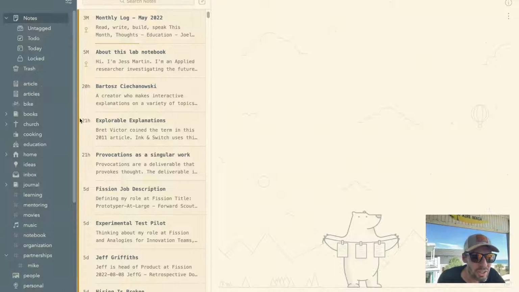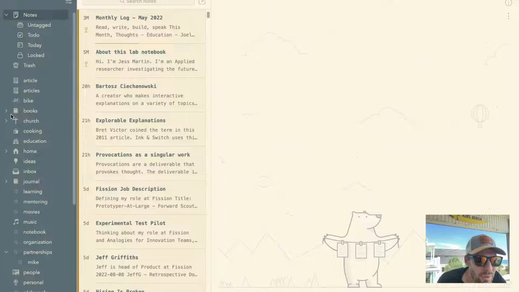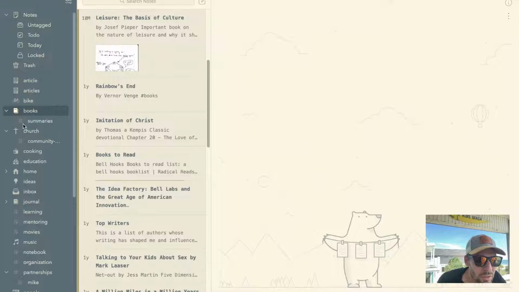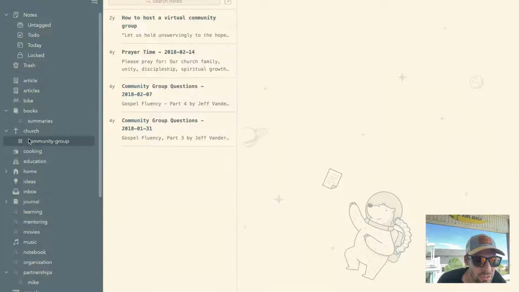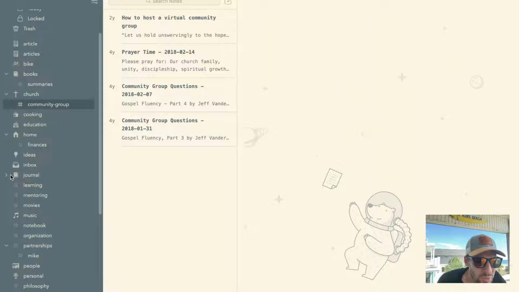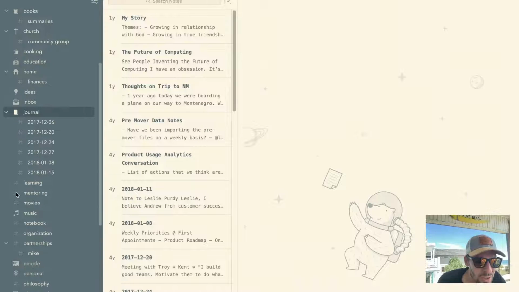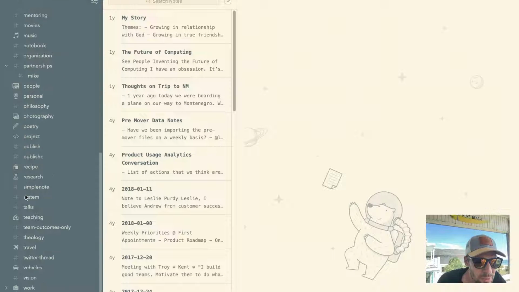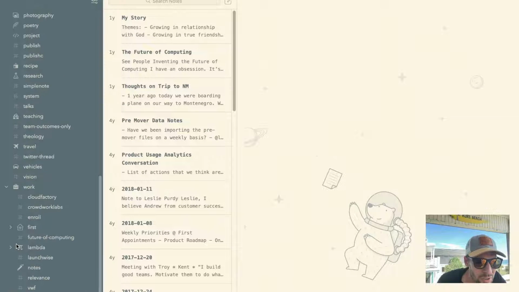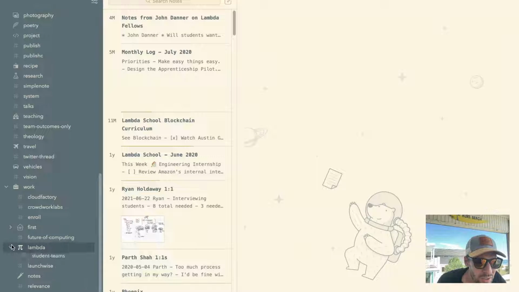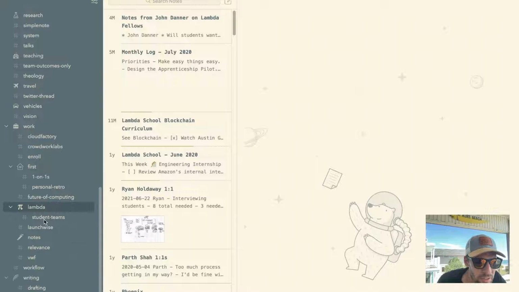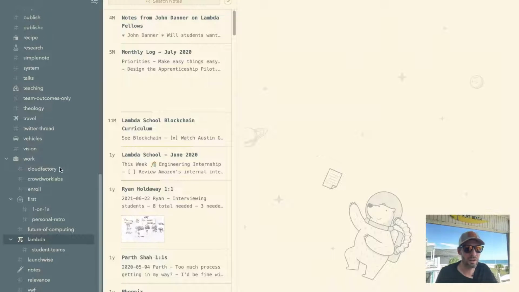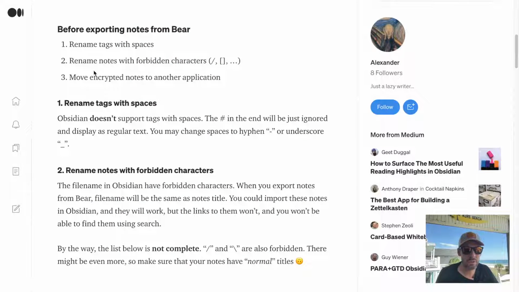So tags are over here. Yeah, I'm pretty sure, like this one, for example, I used dashes: home, journal, dashes, partnerships, work. Yep, looks like I pretty consistently use dashes everywhere. Cool, we good there. What was the other thing?